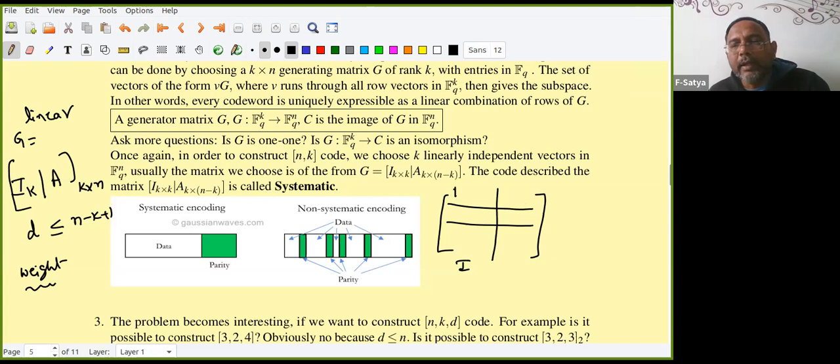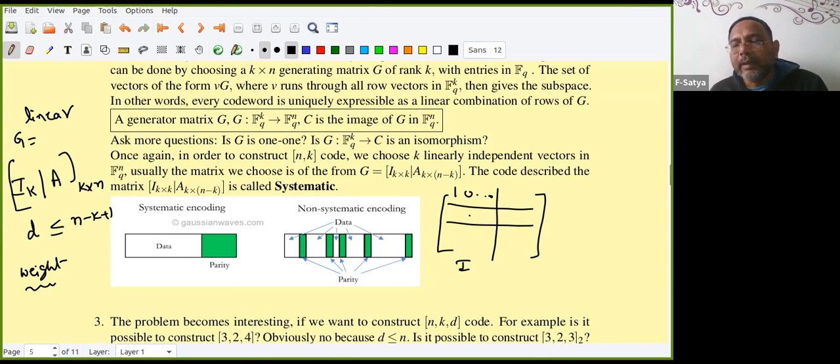Here we have 1 already, remaining are 0. But here I have n minus k, so I can have at most all of them as 1. Here also all of them are 1. In that case, what is going to happen? Still they are linearly independent. But can I get any extra there? Nothing. Good.